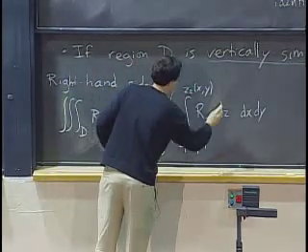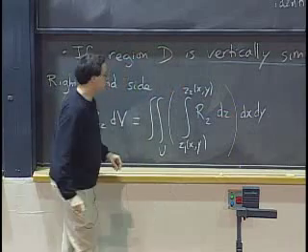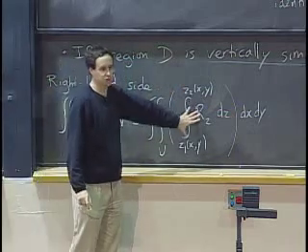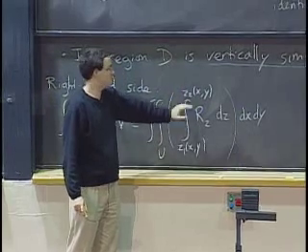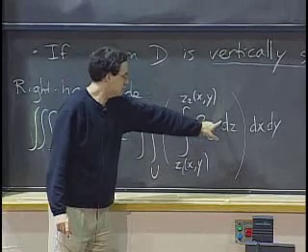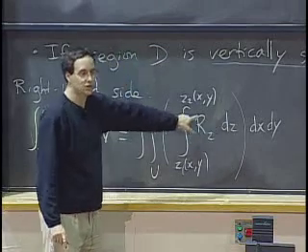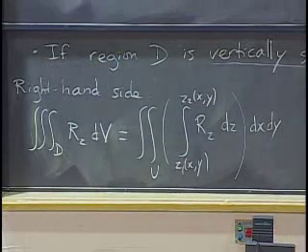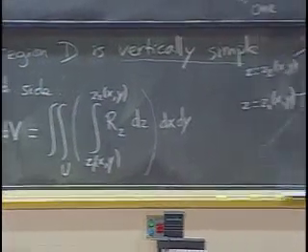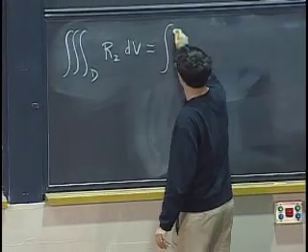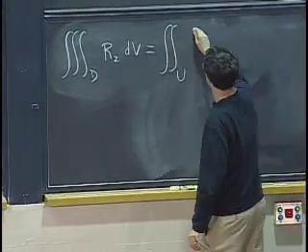Now, if you look at how you would start evaluating this, the inner integral certainly is not scary, because you're integrating the derivative of r with respect to z, integrating that with respect to z. So you should get r back. Okay, so the triple integral over D of r_z dV becomes a double integral over U of